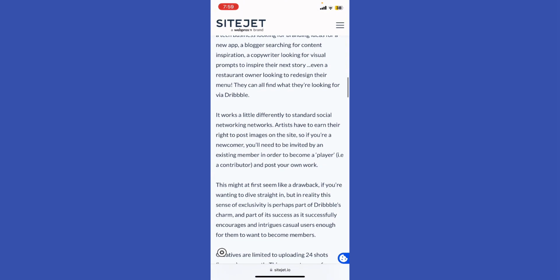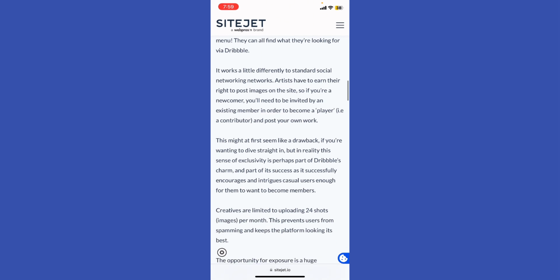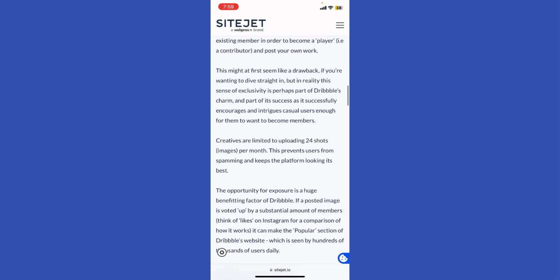It works a little bit differently to standard social networks. Artists have to earn their right to post images on the site. So if you are a newcomer, you will need to be invited by a signed-in member in order to become a player, i.e. a contributor, and post your own work. This might at first seem like a drawback if you are wanting to dive straight in, but in reality this sense of